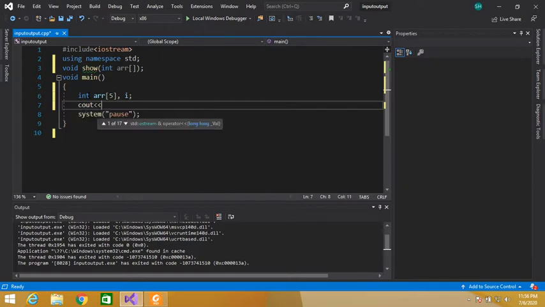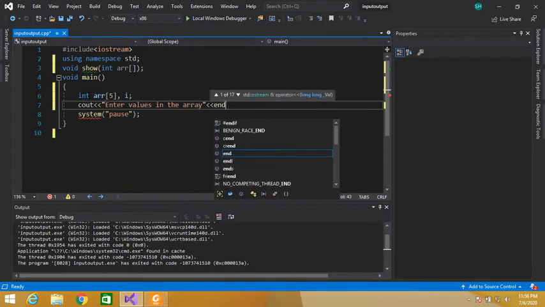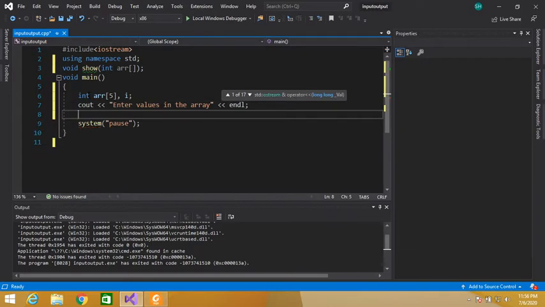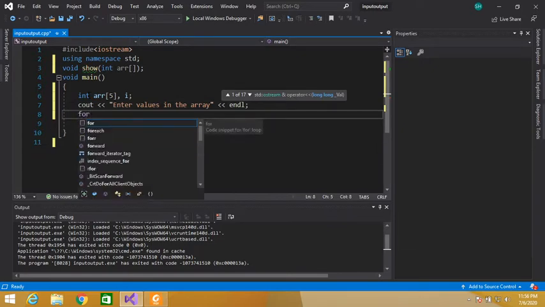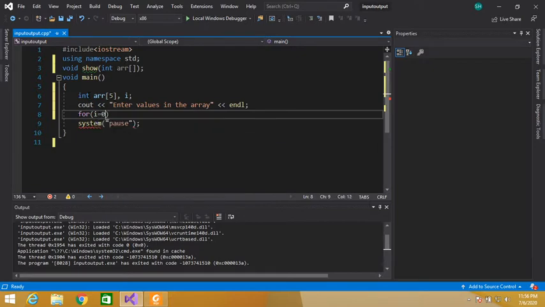Cout: enter values in the array. For i is equal to 0, i is less than 5. We have to start the loop from 0 because array indexes always start from 0.